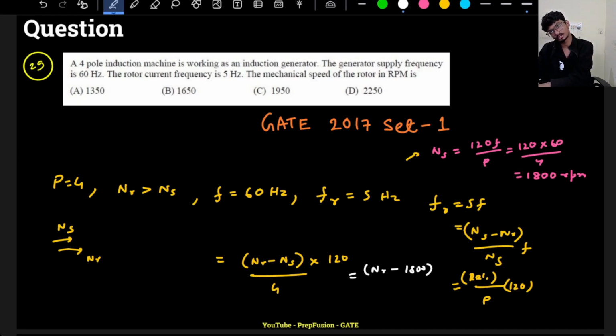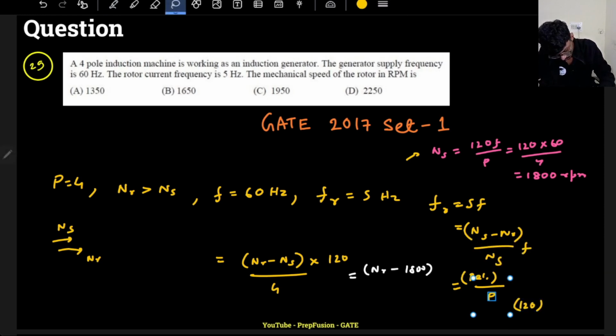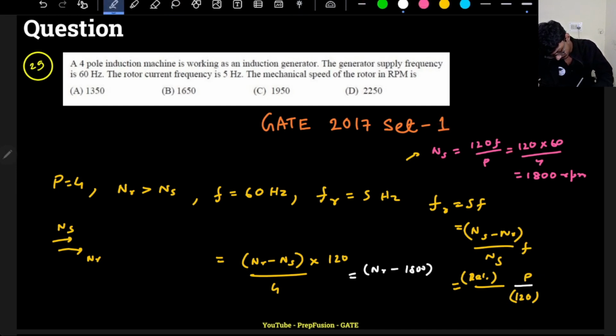Sorry, this will be opposite, I've written it the other way around. So this will be p by 120. Right here I have just replaced this, so I was wrong. This will be p by 120, sorry. That's why if you remember fundamentals, even though your formula is wrong, you will still be able to figure it out. So this will be divided by 30, and here